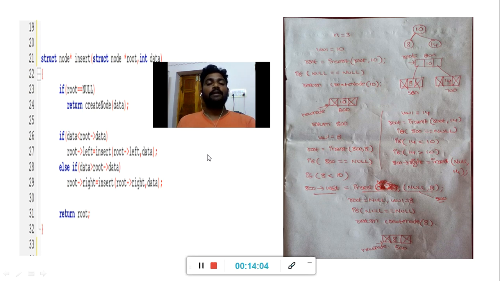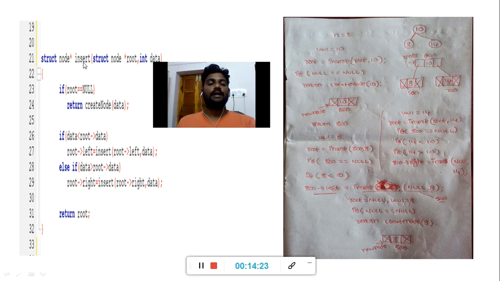That means the new node's value is compared to the root node. If that value is smaller, it is placed in the left subtree of the root node; otherwise, it is placed in the right subtree. In that way, the user can call the insert function.